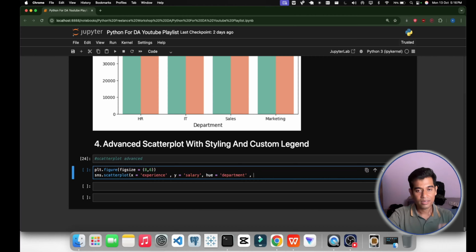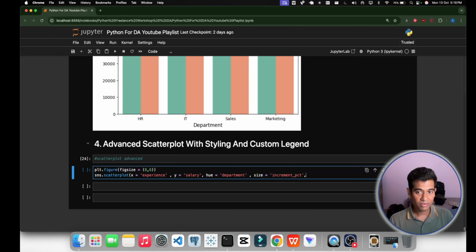Next, we will write size. So in this size, what will we keep? We will keep increment percentage, increment_pct. Okay? So, like I told, the size scales the size of each point based on a number.